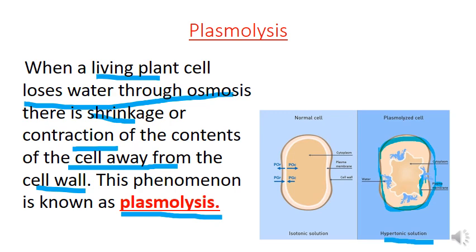So you have to remember what endocytosis is. Endocytosis means the taking in of food. Example, amoeba taking in food by changing the shape of the cell membrane, that is endocytosis. So what is plasmolysis? Plasmolysis means when a living plant cell is put in a hypertonic solution, the cell contents, that is the plasma membrane and the cytoplasmic contents, will shrink away from the cell wall. This process is known as plasmolysis. So all these terms are important, and you have to also remember the figures when the cell